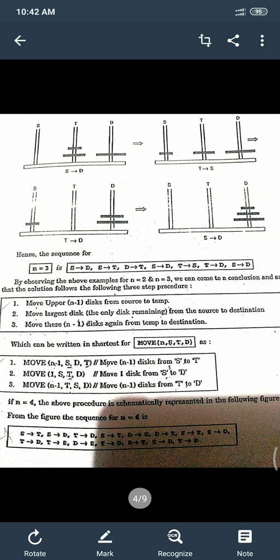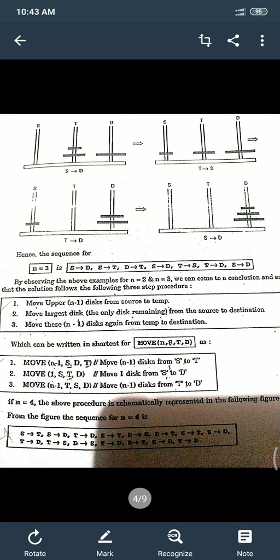And now the smaller disc placed on the temporary pillar, take it to the source pillar, and immediately take the medium sized disc placed on the temporary pillar to the destination. Now at the last step we are left with the smaller disc on the source pillar; take that and place it onto the destination pillar. So this completes the movement of all the discs that were on the source pillar to the destination pillar.